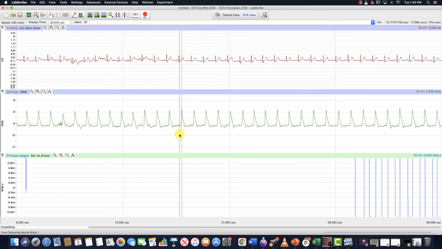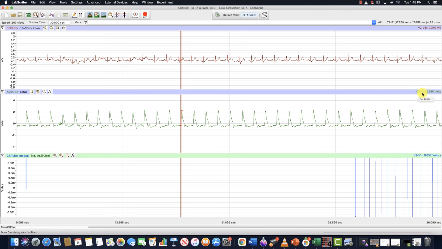One cursor at the peak of the R wave, one cursor at the peak of the pulse wave, and again I'm going to take a time measurement there. How long is that blood taking to get from my heart down to my fingertip? I can also measure amplitude of the pulse wave. So I put one cursor at the bottom of the pulse wave and the second cursor at the top, and